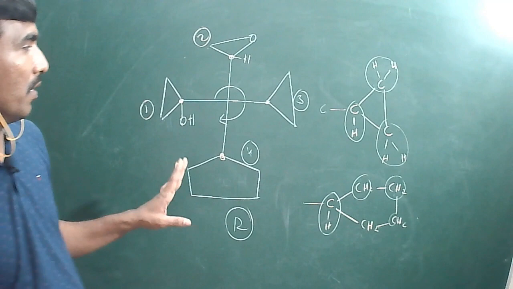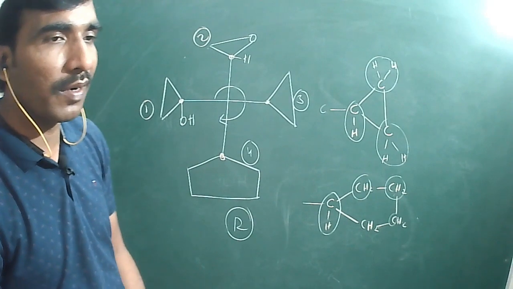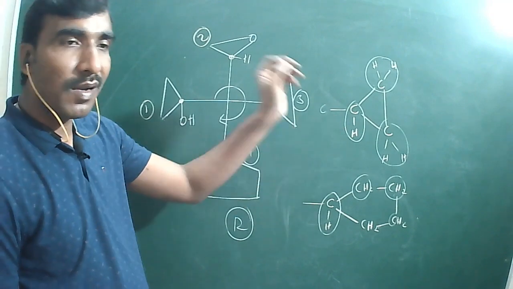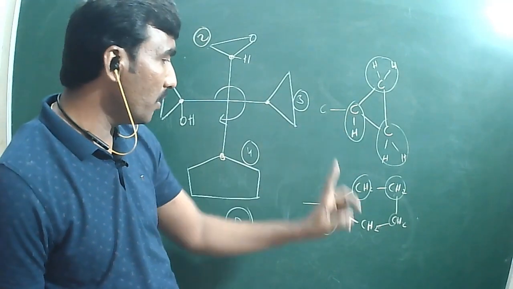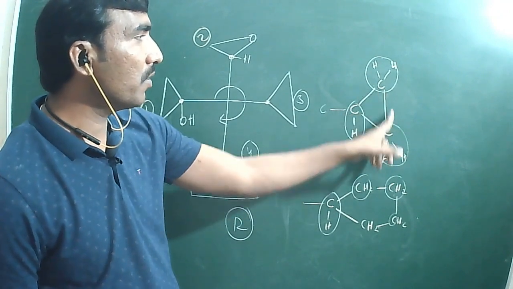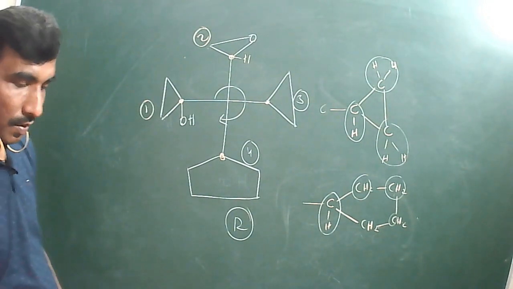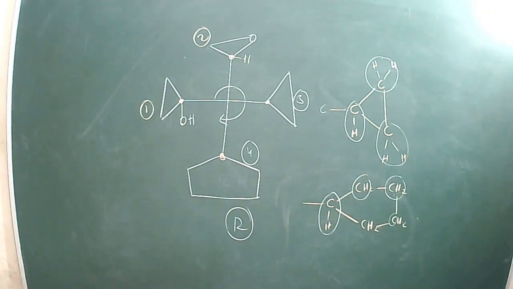Don't be under the impression that a 5-membered ring is very much prior as compared to the 3-membered ring. CIP sequence rules means we have to check the connectivity till the first point of difference is observed. Where do you get the first difference? At this carbon and at this carbon. They are not equal. This is having more priority as it is attached with 3 carbon atoms. It is attached with only 2 carbon atoms. Understood? Any doubt here?